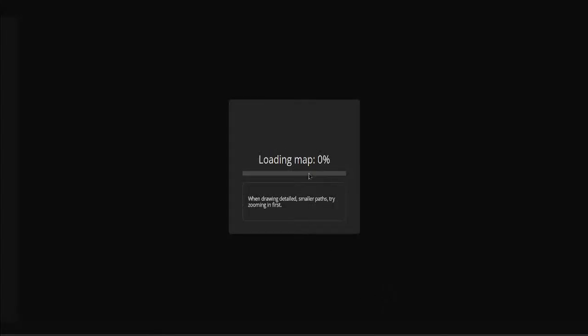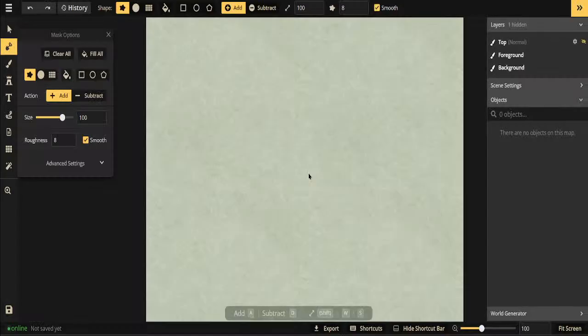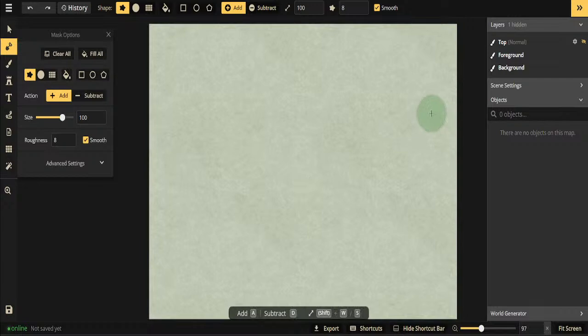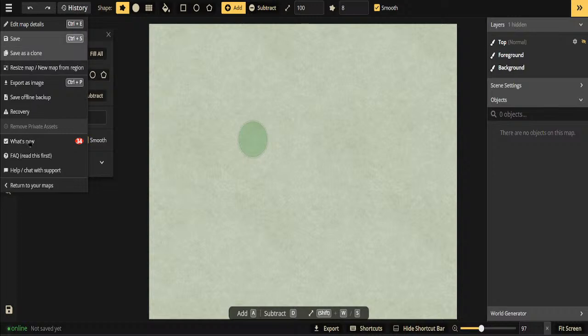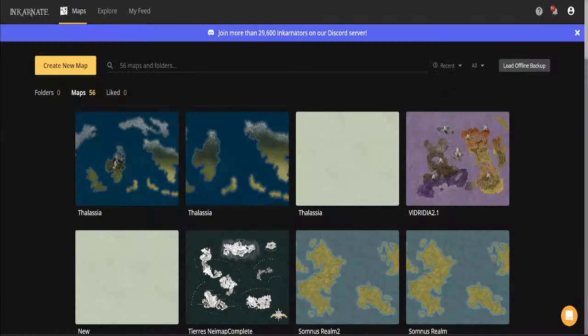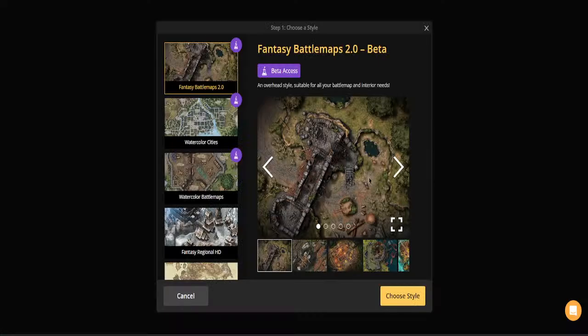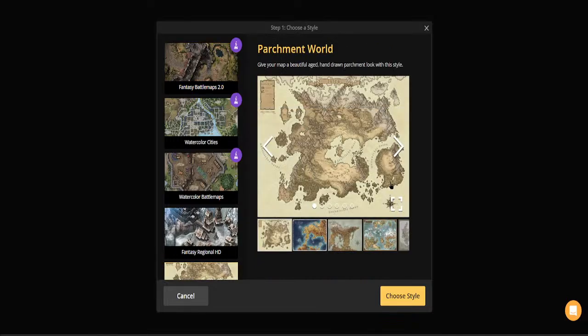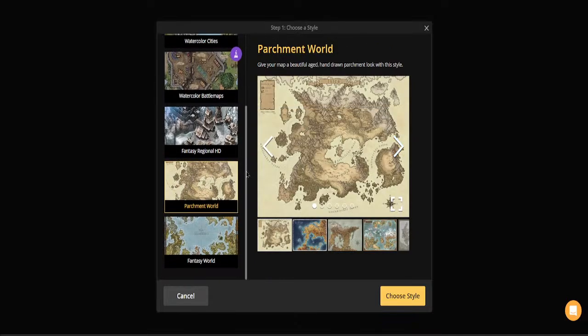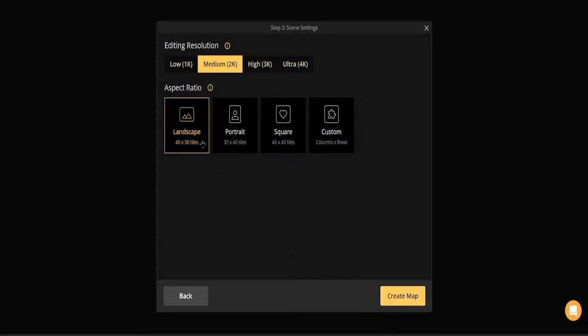Create map. So now what this is going to do is generate a map for you, like a landmass, like it normally does. Well, it didn't do it this time, but let me show you. Sometimes you can choose a style, and it gives you an option as well. If you want to skip all the design and landmass yourself, you choose a style, and then what it can do is,